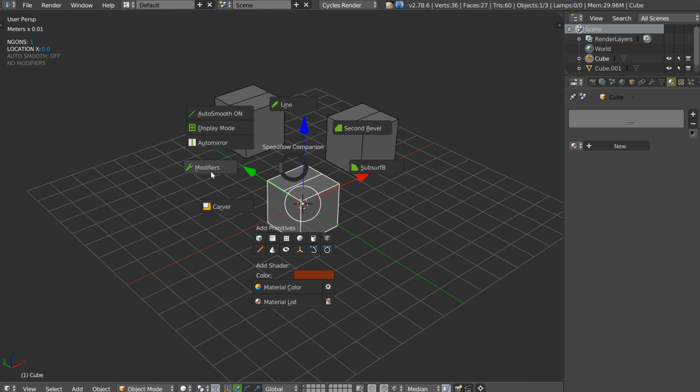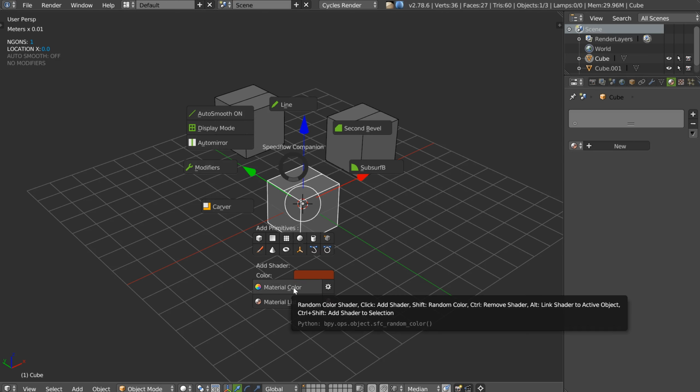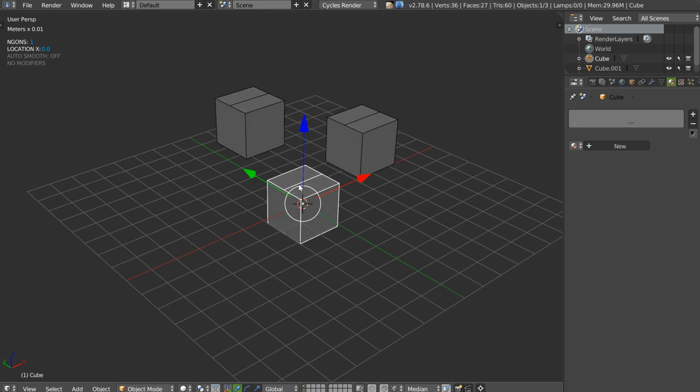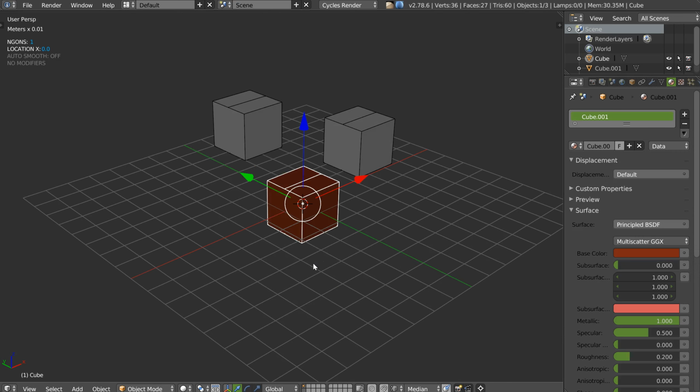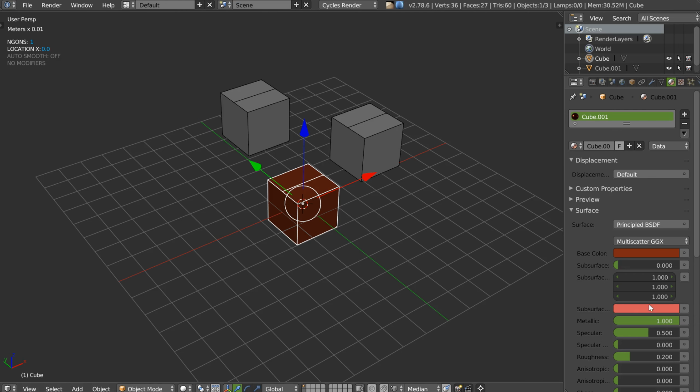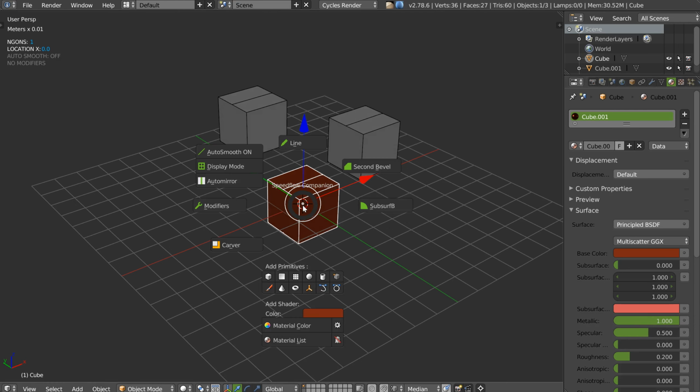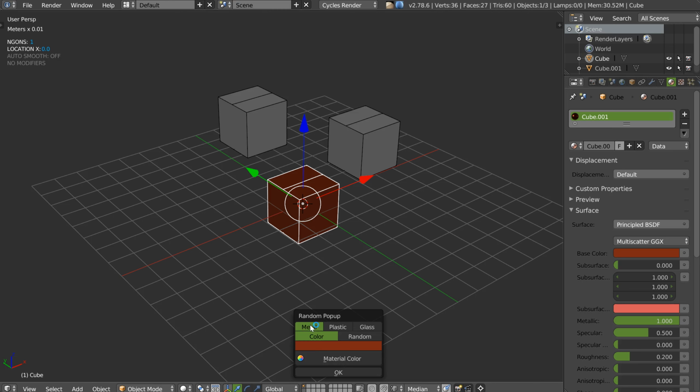All the buttons are smart buttons, as you can see, and you have different options for each. You can, for example, create a material directly. It will be in metallic mode because I put the metal shader in first. You can create a plastic, as you can see, or a glass shader if you want.